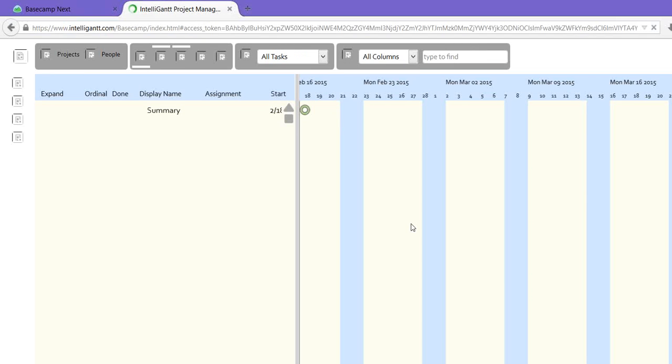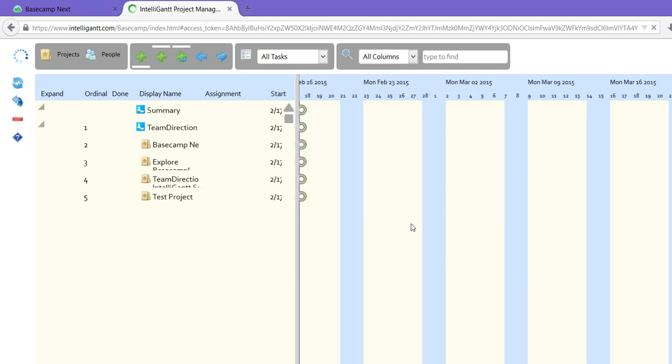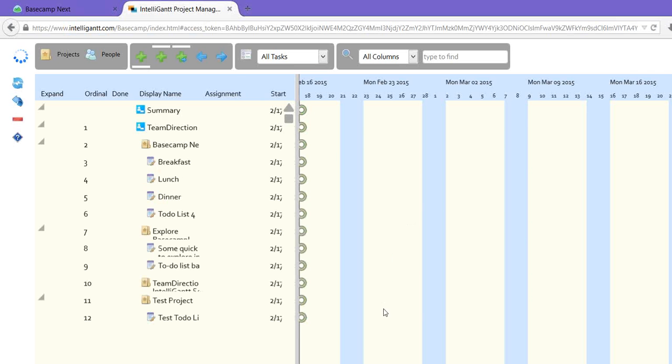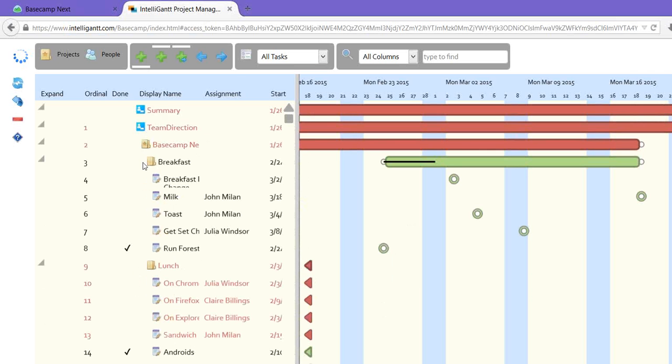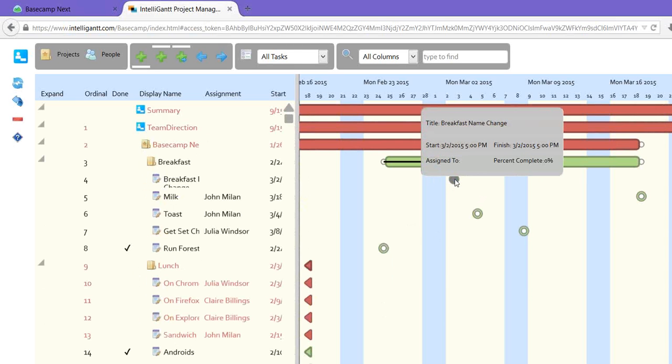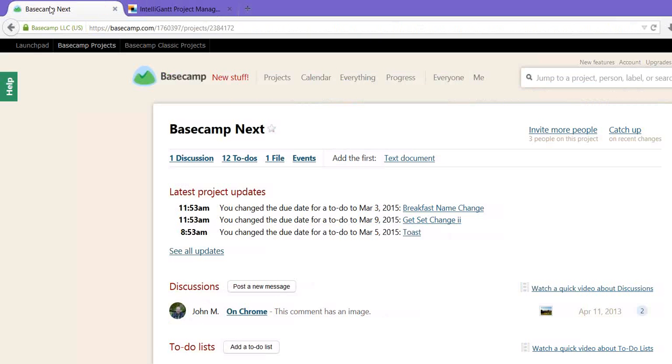If you do that, then IntelliGantt will be able to talk to Basecamp and pull in all your projects, to-do lists, to-do items, basically give you an aggregate view right out of the box as your first presentation. So here's everything in the team direction account, multiple projects, lots of to-do lists, to-do items, and everything's in, and everything looks like a milestone